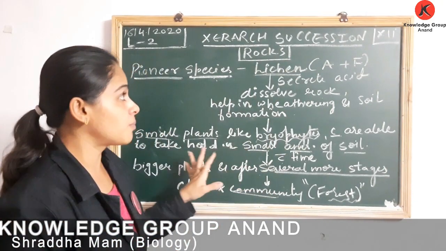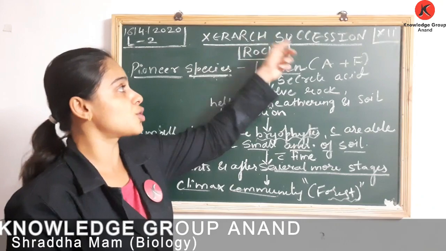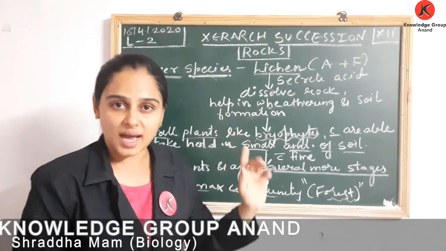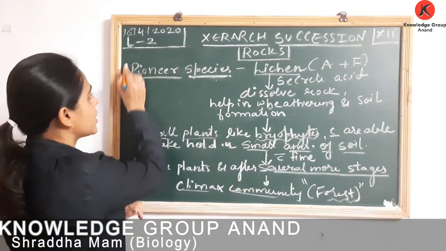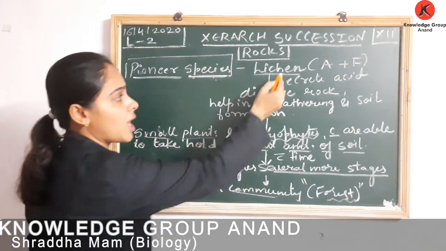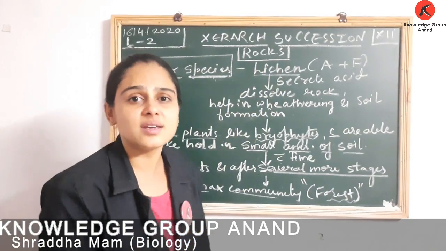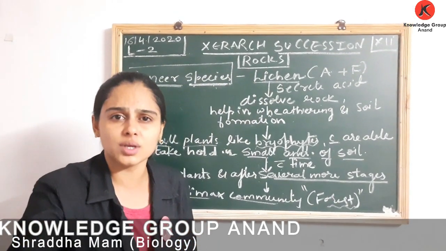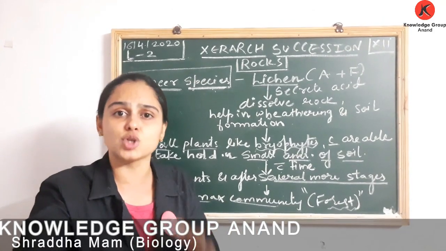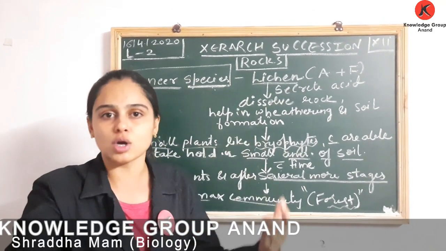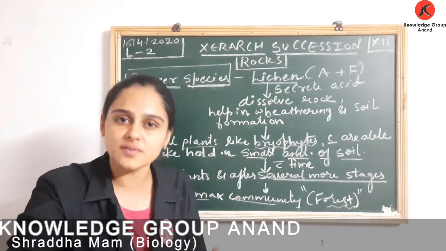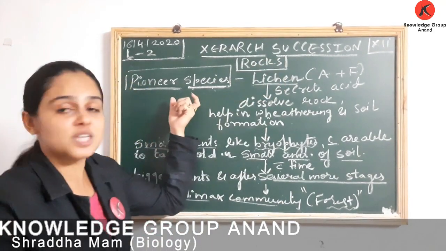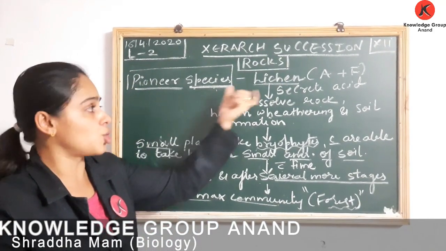तो ये क्या हो गया आपका succession, that is your xerarch succession. याद क्या रखना है आपको यहाँ पे? पायोनियर स्पीशीज जो है, ओके, वो क्या है? लाइकेन. Look, lichens do not need soil. Okay, they are capable of absorbing moisture from the atmosphere itself, जिसकी वजह से रॉक पे सबसे पहली स्पीशीज जो इन्वेड करेगी इसको, वो कौन होगी?